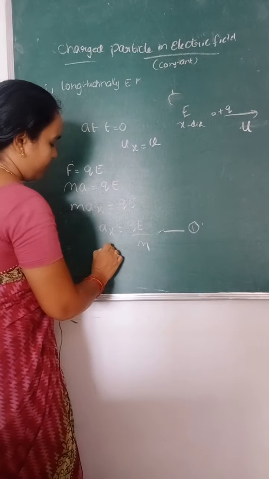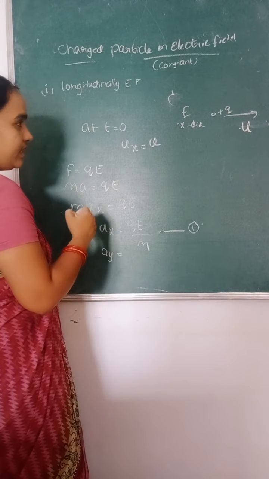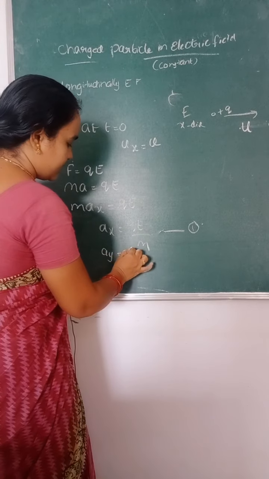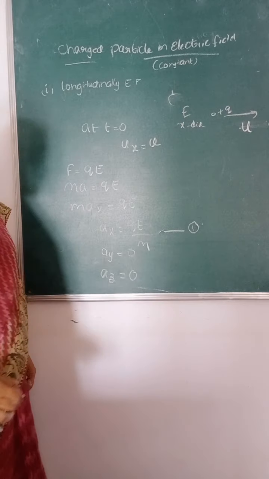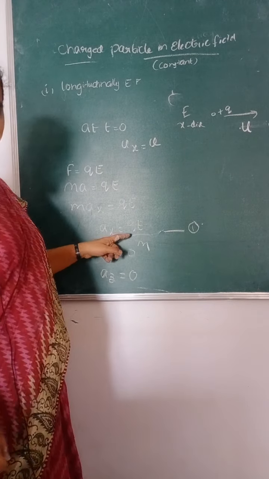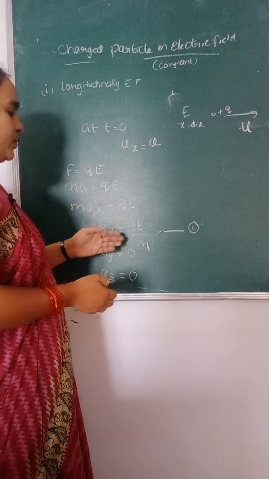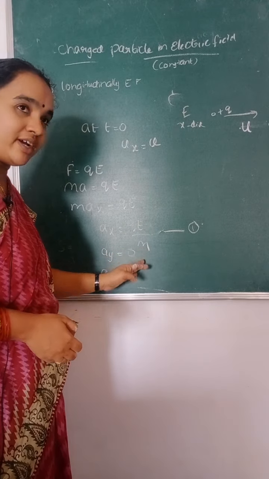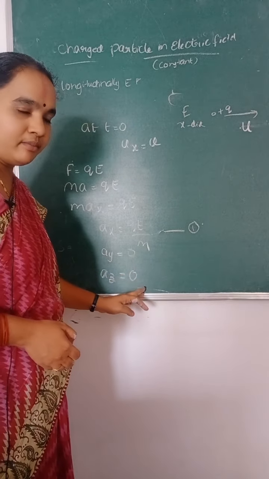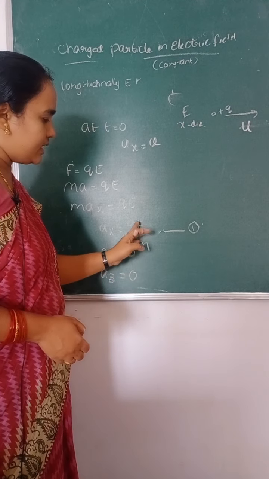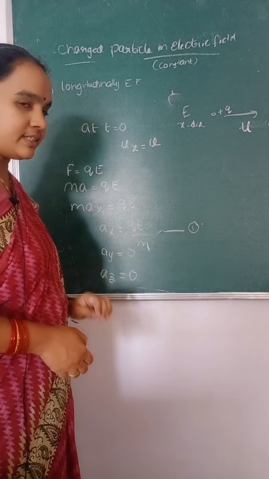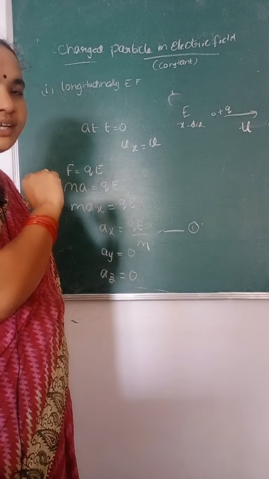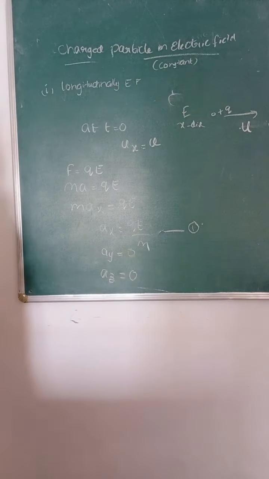And for the remaining components, since the particle will not move along y and z directions, the remaining accelerations AY and AZ are 0. That is, QEX by M, QEY by M, QEZ by M are the three components. This component is simply QE by M. The remaining two, EY and EZ components, are 0 because we are applying the field only along the x direction. Integrating this equation,